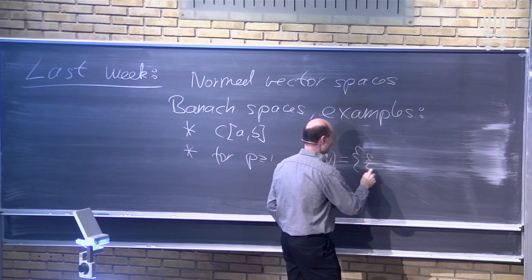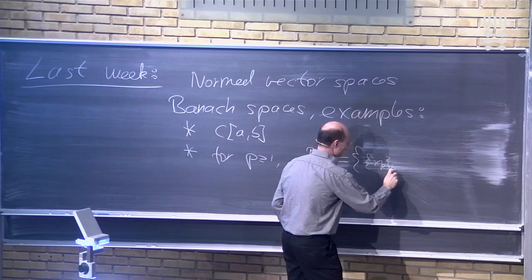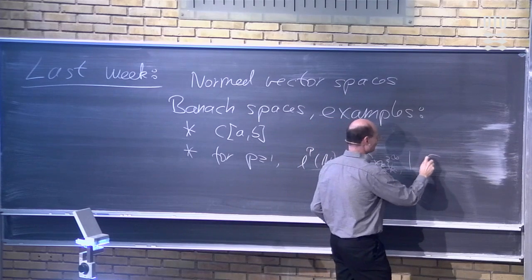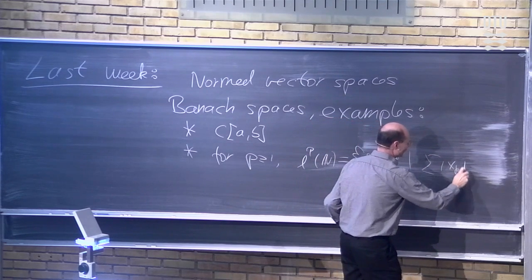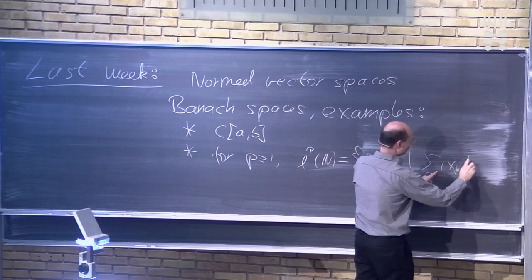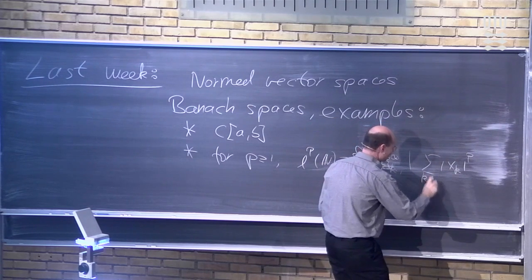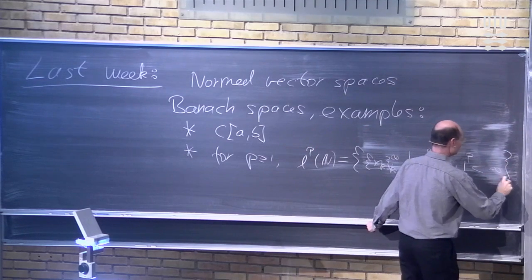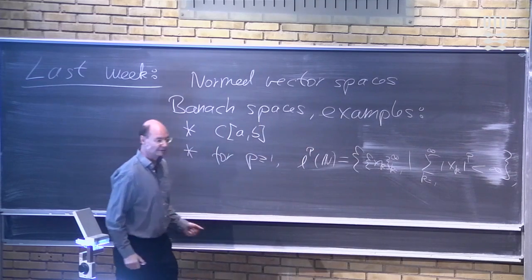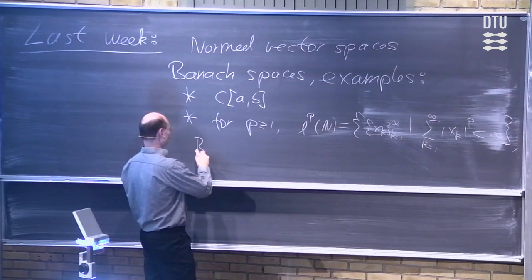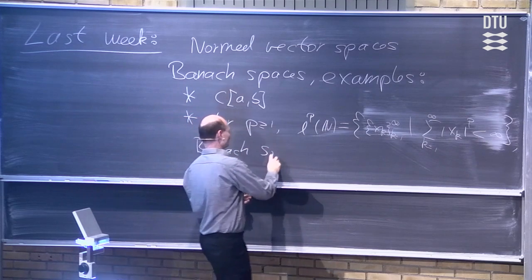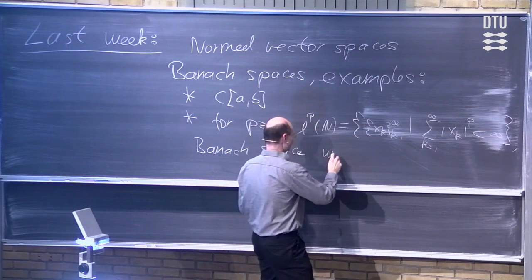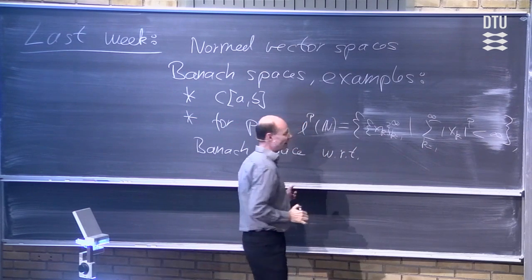So this is the set of all sequences x_k, where x_k are just complex numbers, and then with the property that if you look at the sum of the absolute values of x_k to the power p, then we get something that is finite. And it turns out that this space is a Banach space with respect to, and I'll just write that short, with respect to